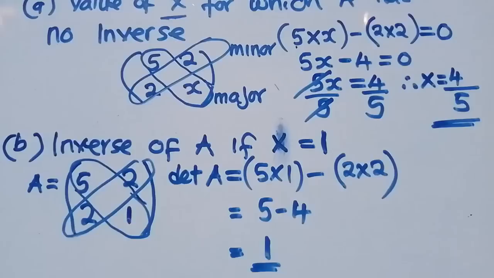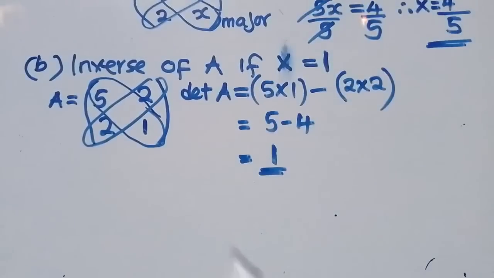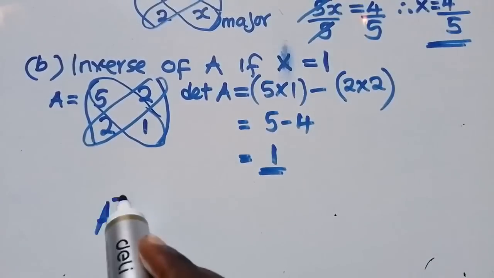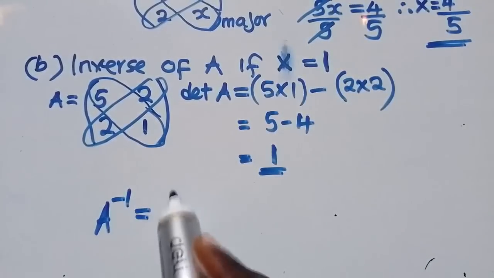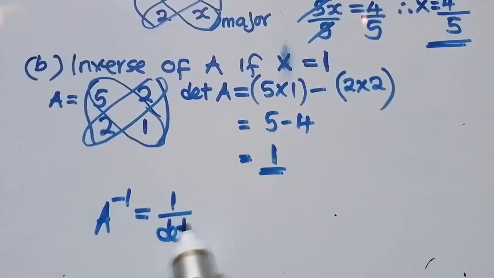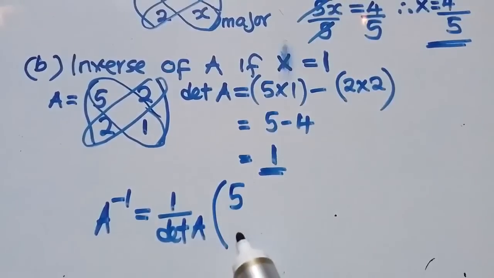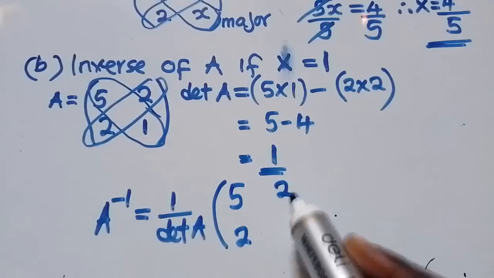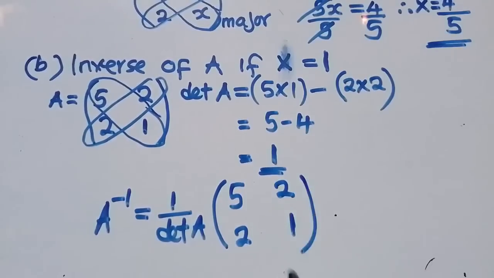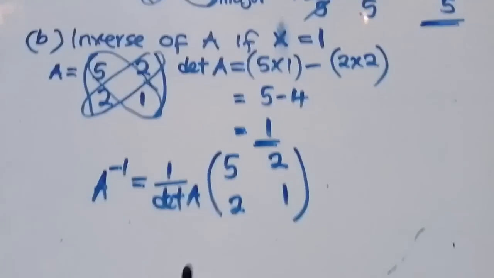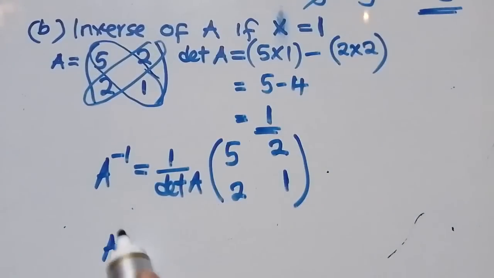After you find the determinant, then it is very easy for you to find the inverse. So what you are now going to do is this. We say inverse of A is equal to 1 over the determinant of A. You say open bracket, you've got numbers 5, 2, 2, 1. This is what you are given. So this is the formula, where you are going to finish this by saying inverse of A is